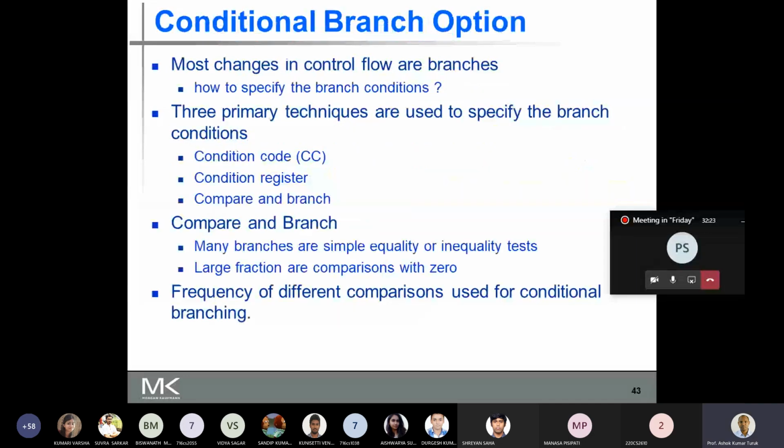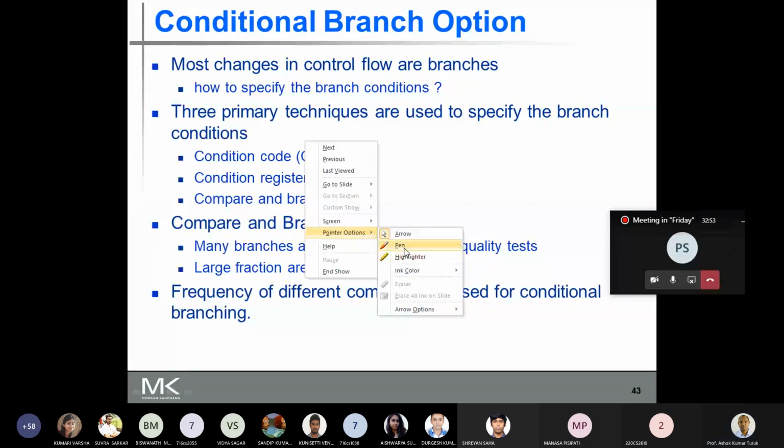Next, look at the conditional branches. Most changes in the control flow are branches. Then how do we specify the branch condition? If it is a conditional branch, then you need a mechanism for specifying the condition.